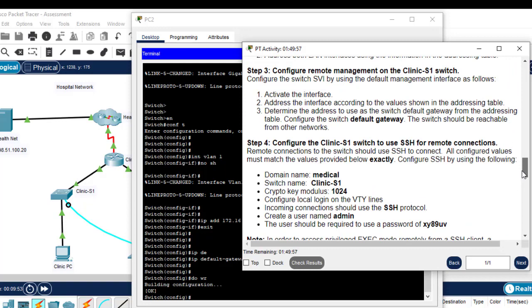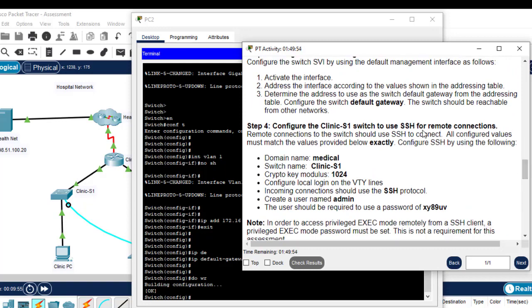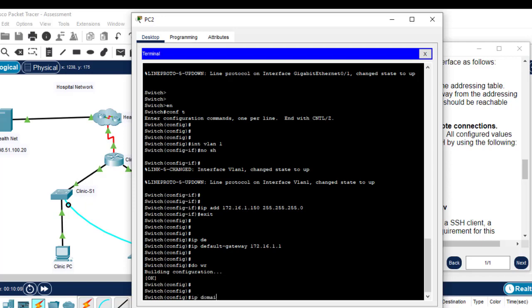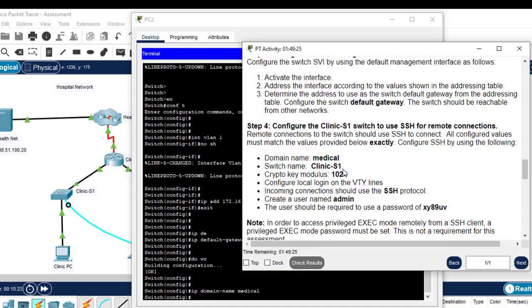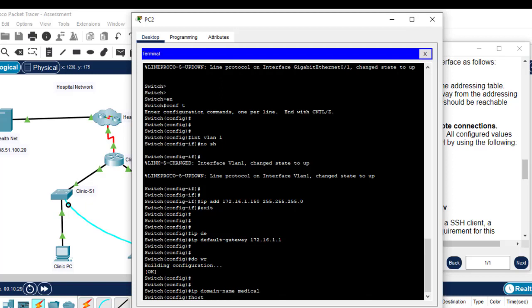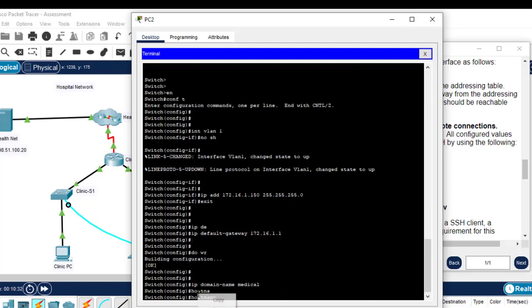Step 4. Okay, we need to configure SSH on switch 1. So we proceed to configuring SSH on that switch. The domain name should be this one. So we say ip domain-name, should be medical, hit enter, and then hostname should be clinic switch 1, copy, hostname, paste,